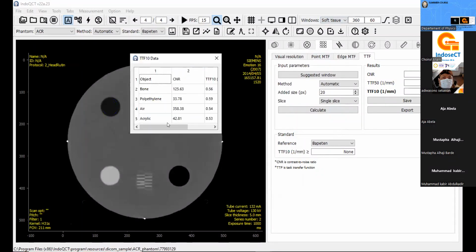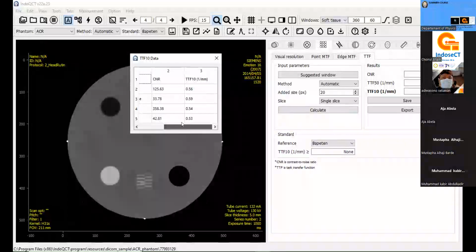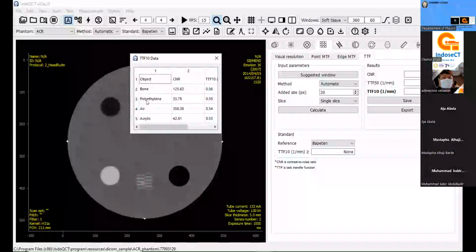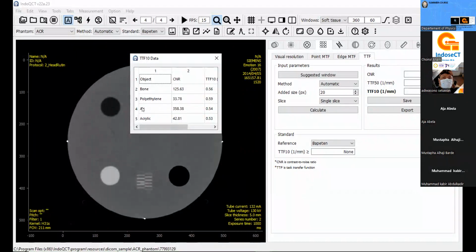For the bone, we get the CNR, contrast to noise ratio, and we get the TTF 10%. For the polyethylene, for the air, for the acrylic, also we get the CNR and the TTF.